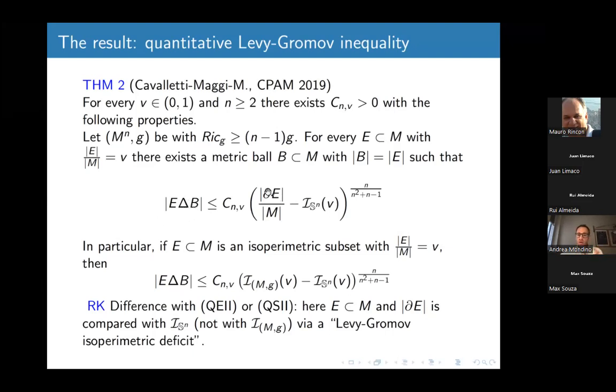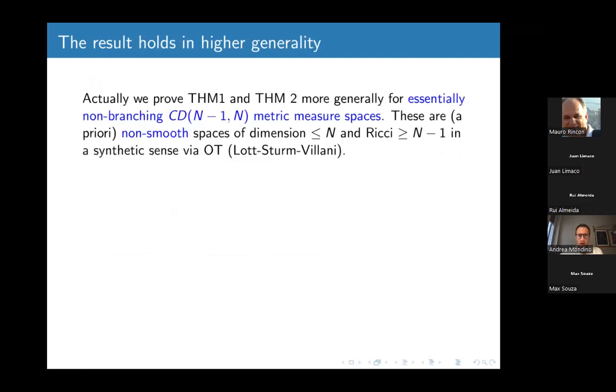Okay. So here there is an interplay between things which happen in the manifold M and things which happen in the sphere. This left-hand side is completely inside the manifold. This right-hand side has one part which is happening in the manifold and one part which is happening on the sphere, the model space. And the challenge is to make the manifold speak with the sphere in order to have such an inequality. And the idea for having this dialogue between the manifold and the sphere is to use optimal transport. Okay, so I see that time is running out.